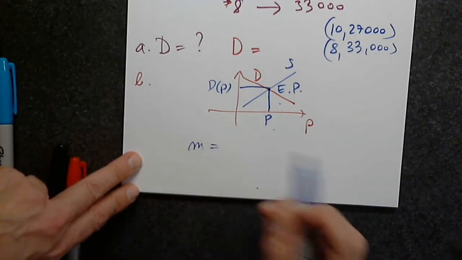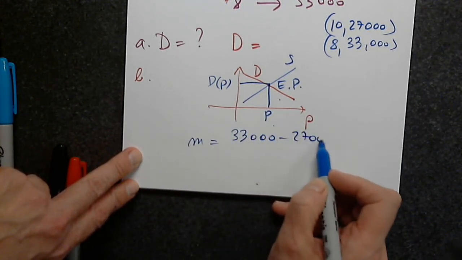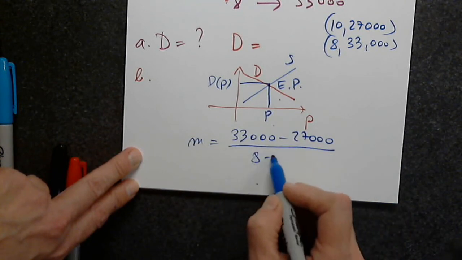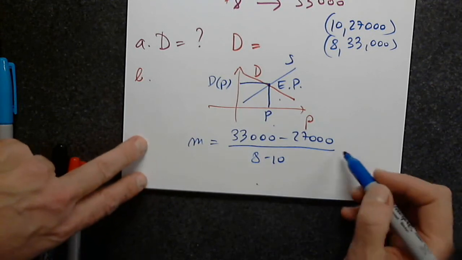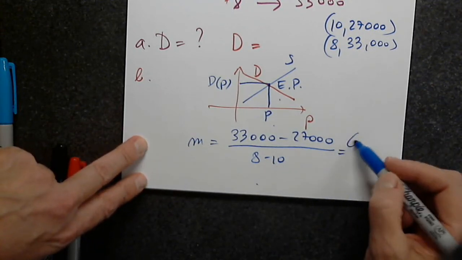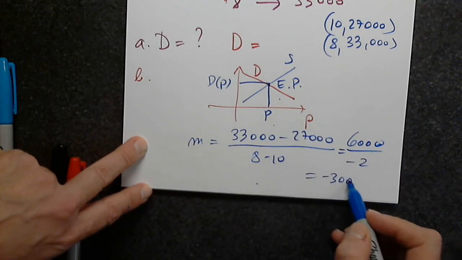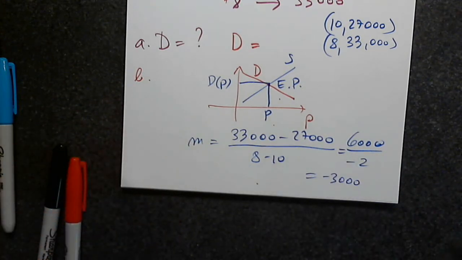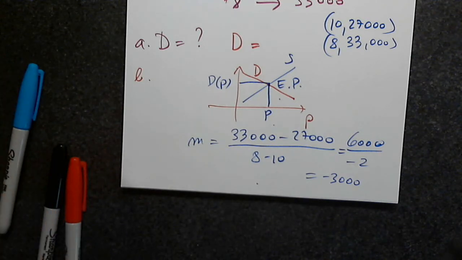Let's find the slope. So 33,000 minus 27,000 divided by 8 minus 10. Because we are told it's linear, as we expect. So the numerator is 6,000. And the denominator is -2, so it's -3,000. It doesn't mean anything without the measurement unit. So what does this mean? And remember, it has two measurement units, one coming from the top and one coming from the denominator of this ratio. So it's -3,000